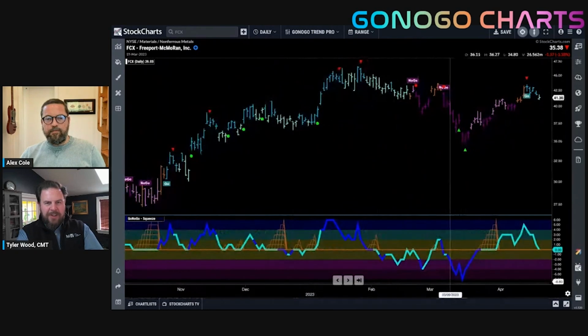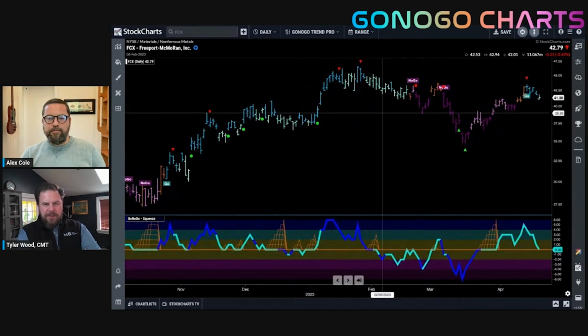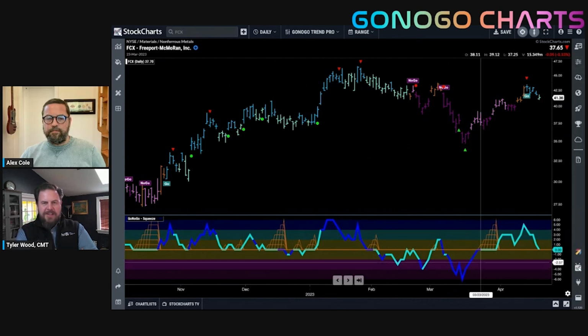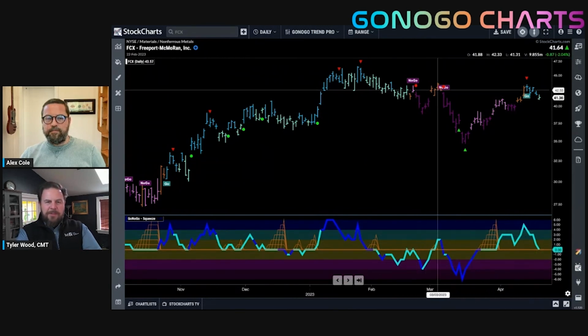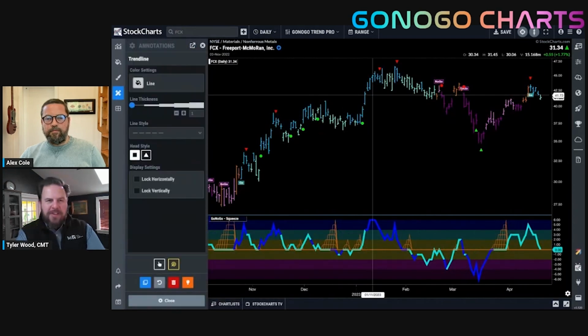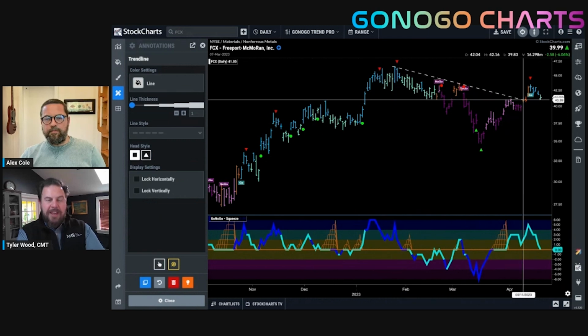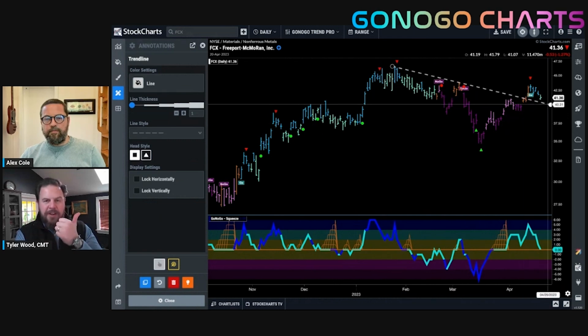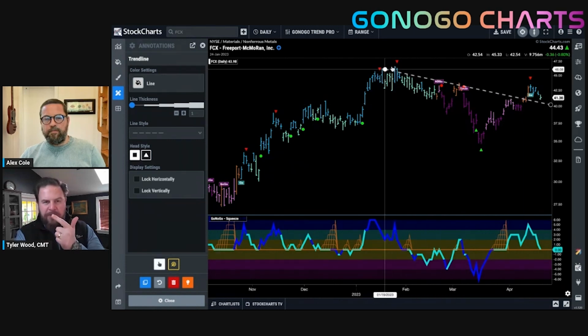Right, so we are catching some support, looking for support, I should say, as the oscillator comes back to test the zero line. Yeah. And the reason to pull up this chart is that it really highlights the go-no-go squeeze, and that it can be used in both a trend continuation context or a reversal context.